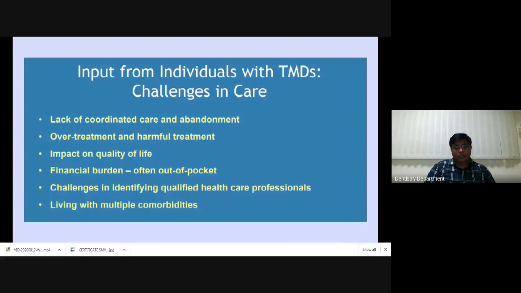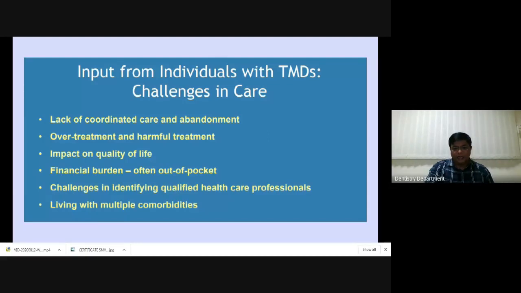And it has its own challenges in identifying quality healthcare professionals. Who is the specialist here to treat TMD? Finding them is becoming difficult day by day. And many times people will live with TMD with multiple comorbidities. They used to think this is a kind of way we have to live with. So I hope that many people who are practicing, as well as students or interns or postgraduates, must have seen